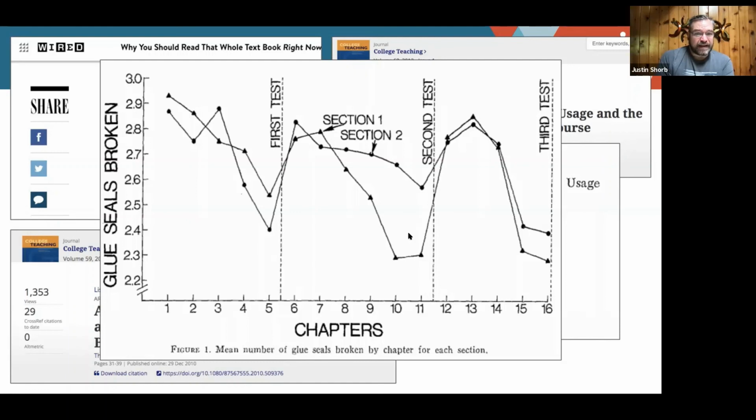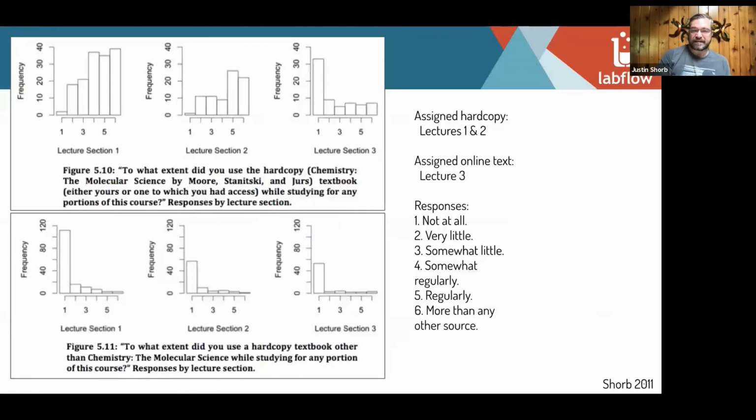And I think a lot of people might be surprised that you're only reading 2 to 3 pages here, but that's a very tedious way to look at it. Delmar would never want to do that with his text when they can do the online analysis these days. For my research back in 2011, we actually had 2 lectures that were assigned a hard copy and one that was assigned an online text that we used.